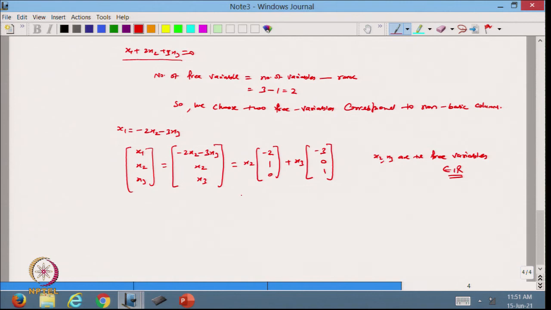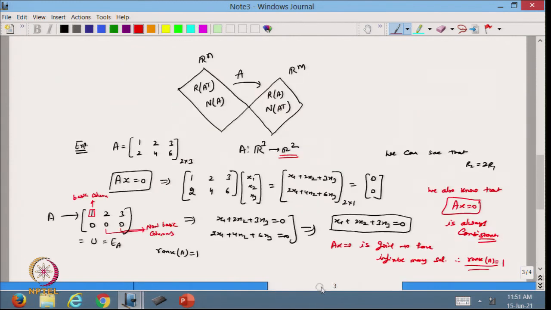From here I can say that this is equal to the span of minus 2 1 0 and minus 3 0 1, and if you take the span, that is equal to the null space of